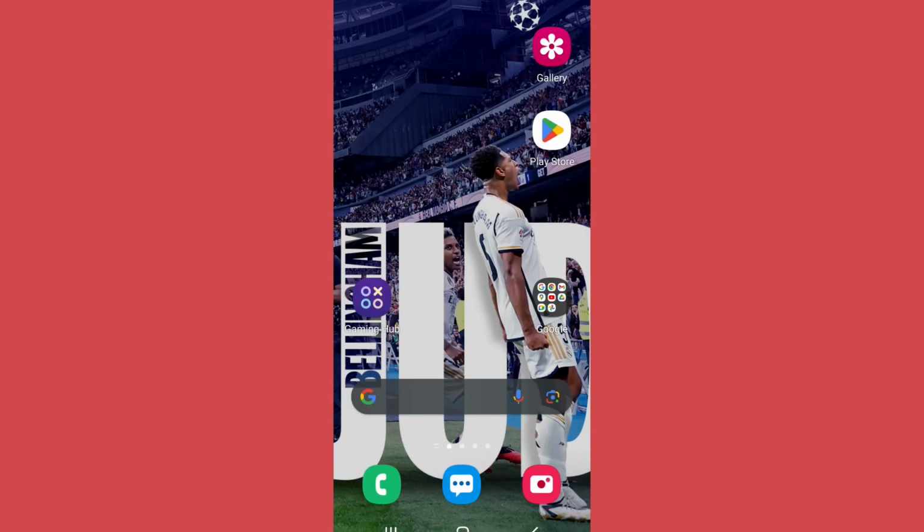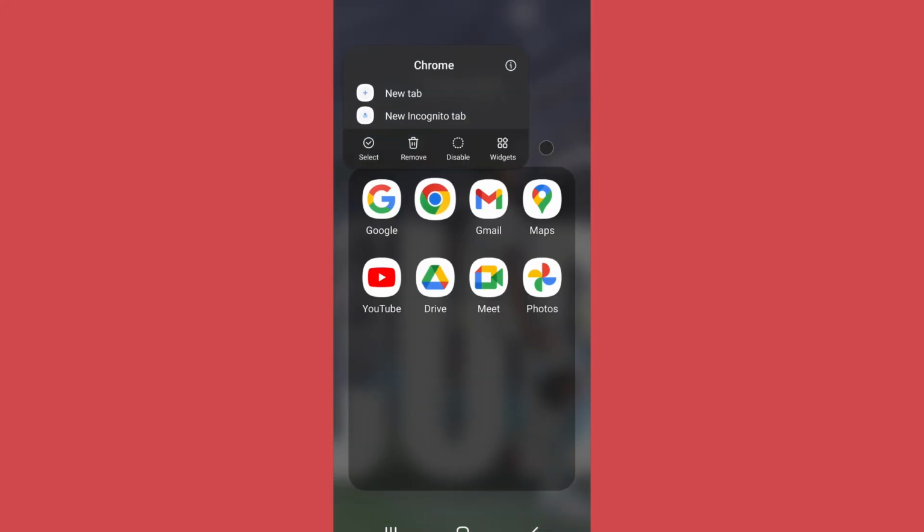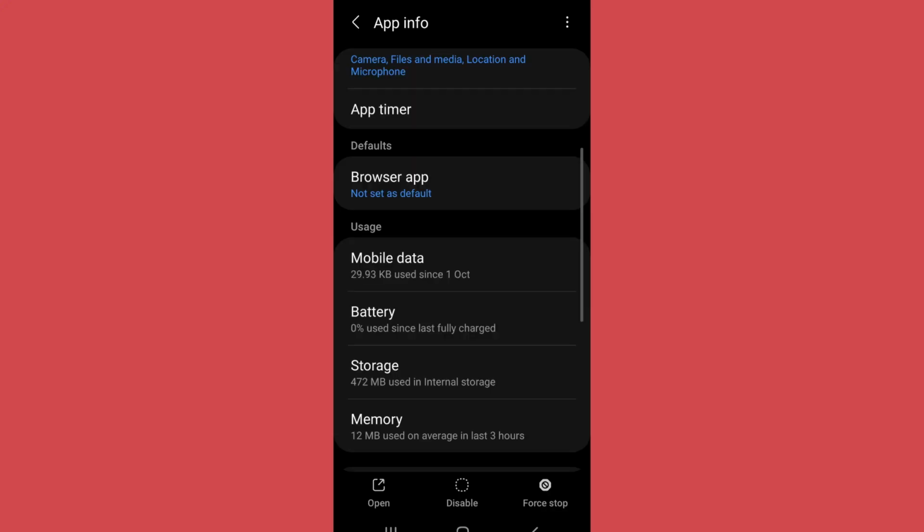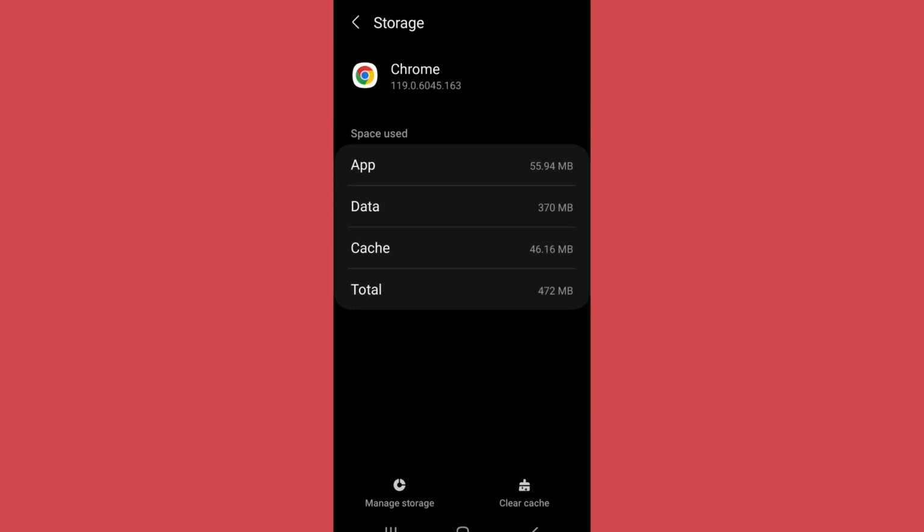If this step doesn't fix the issue, then what you can do is go to Chrome and hold it for a few seconds. Then after, tap on the eye icon, scroll below and go to storage, then tap on clear cache. This step can also fix the issue if you are not receiving the 6-digit code while using Facebook from